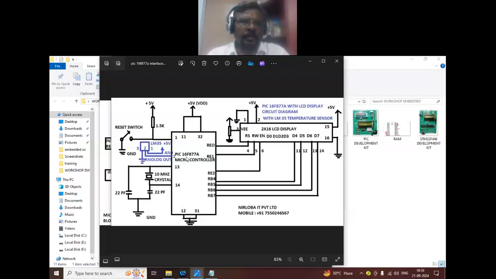In this microcontroller, pin number 1 is the reset pin. This pin should normally be high. So for that, from the operating voltage plus 5 volt, we are connecting a resistance. That resistance's other end is connected to pin number 1. So what will happen? If you apply the 5 volt power supply through the resistance, it reaches pin number 1. At pin number 1 you will get 4.8 volt because 0.2 volt will drop across the resistance. If the microcontroller receives 4.8 volt at the reset pin, the microcontroller is ready for